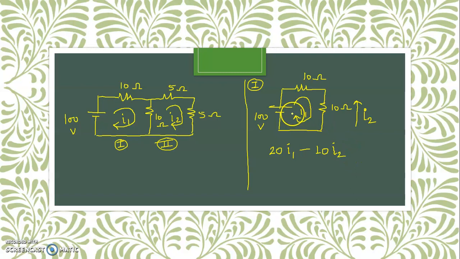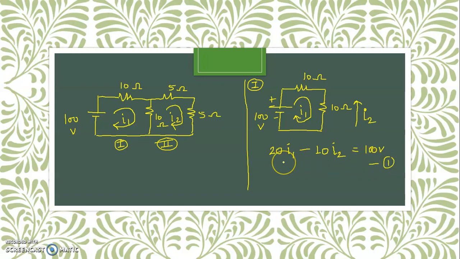Now for the 100 volts, this is done with the second resistance and second loop current. For 100 volt, the direction of the current is from negative to positive, so it is positive. Negative to positive is positive. So it is equal to the value of that voltage, which is 100 volt. So this is our expression number 1, which we are directly writing by inspection.